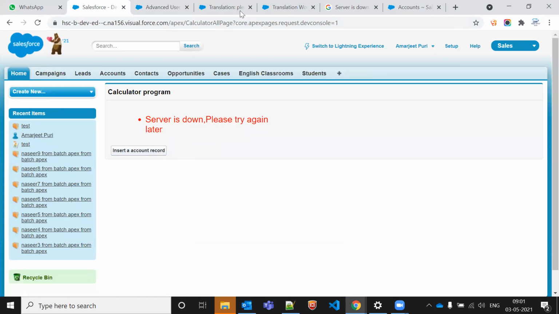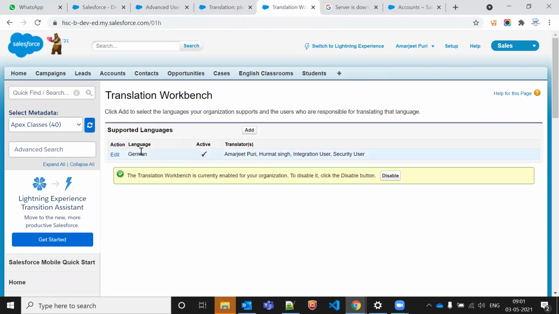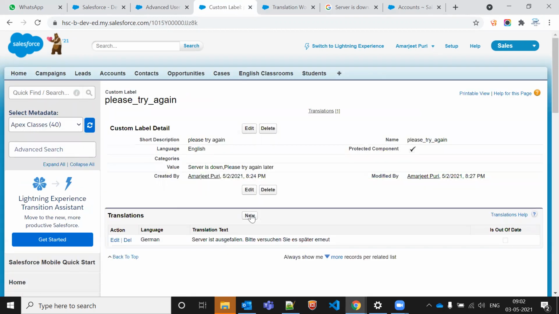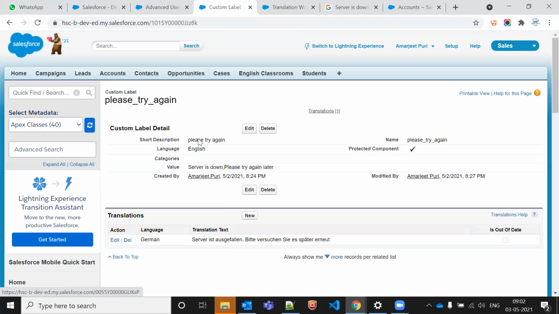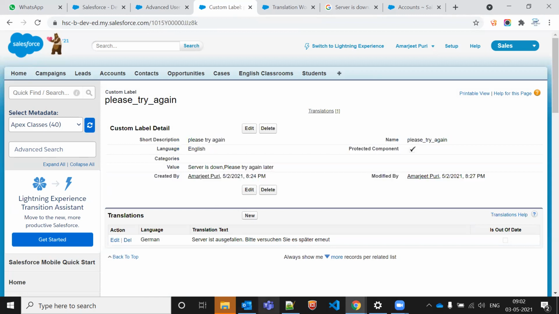If some other language person comes, then what we will do here is add the translation. In translation, we'll add German, and we can add multiple languages at a time. Here different languages we can add. We can click on the add button, and accordingly we can do the things. Let's say we are clicking on new. As of now there is German only, which we already added. So all the languages we can add here and we can display the things. So there are two benefits of custom label. You understood hopefully, right? Yes, bro. Kumar? Yep.